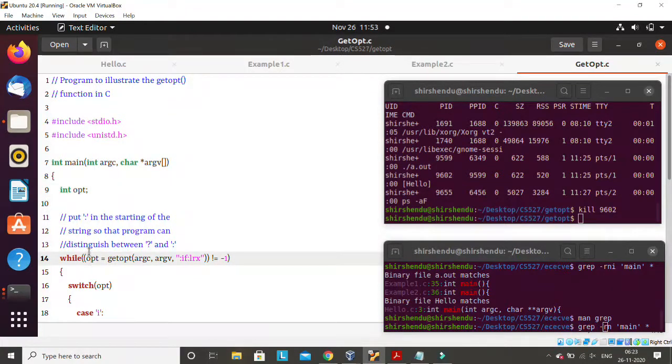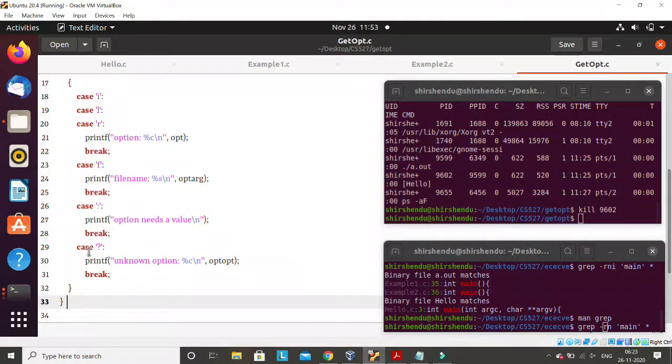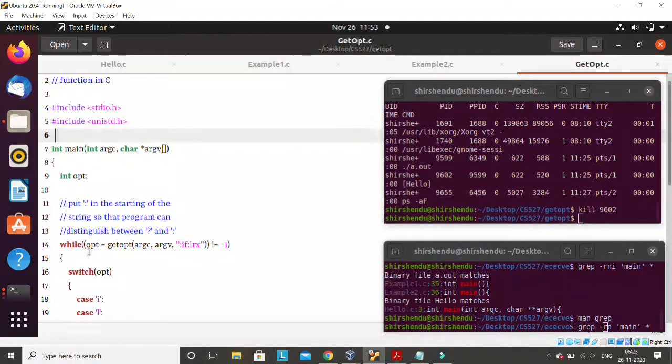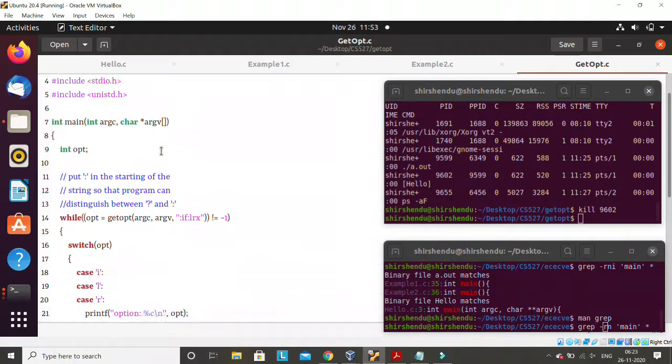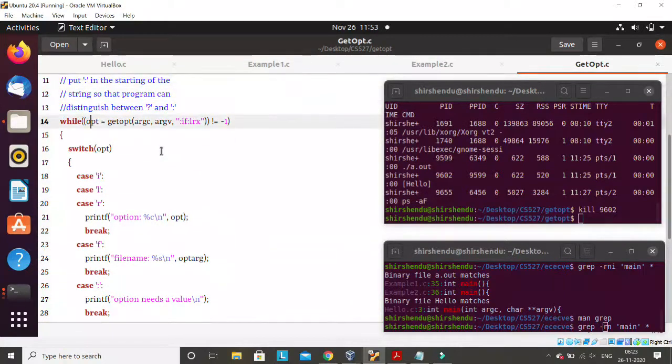I'll not explain it in detail, but what I'm expecting from your side is that you go to the internet and search for getopt, and you will find it. So getopt means there will be an additional while loop in your program if you want to pass some command line parameters. Whatever you write here will go as a command line parameter, and then there will be a while loop here. That while loop will parse this command line parameter for you. And the syntax of this while loop is very easy. What you need to supply here, all these options will be written here.